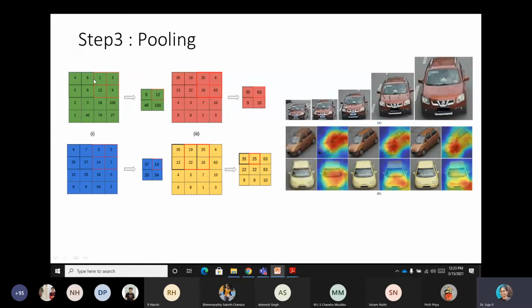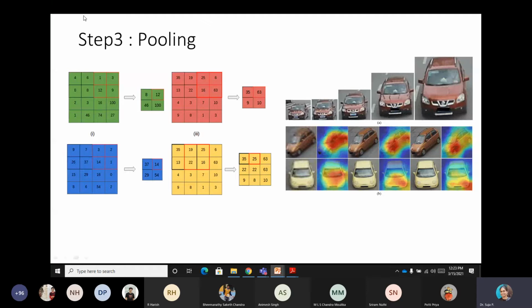Now I feel that this 4 cross 4 information is also too heavy for my neural network. I want to reduce its size. Then what we can do is go for an operation called pooling. There are two types of pooling: one is average pooling, another is max pooling.